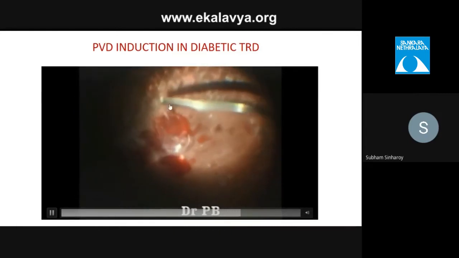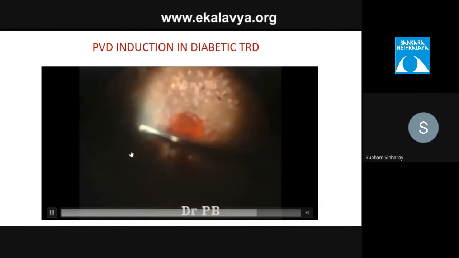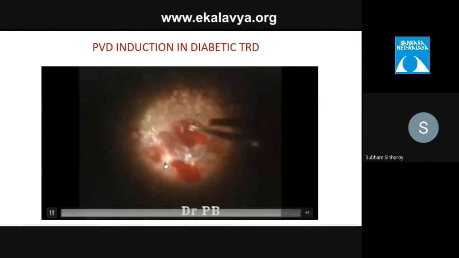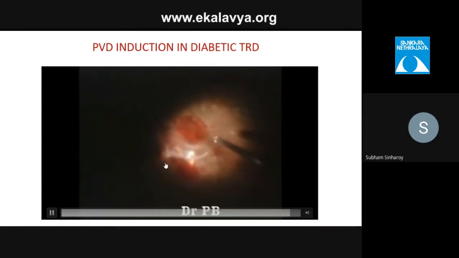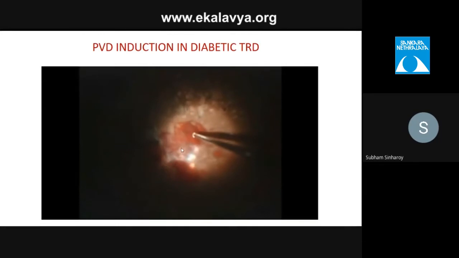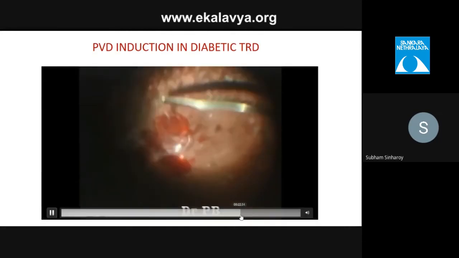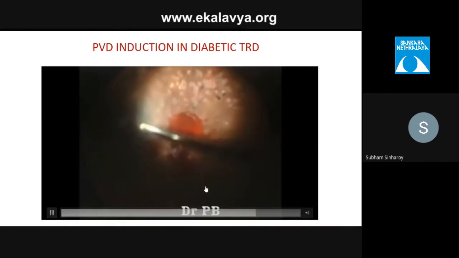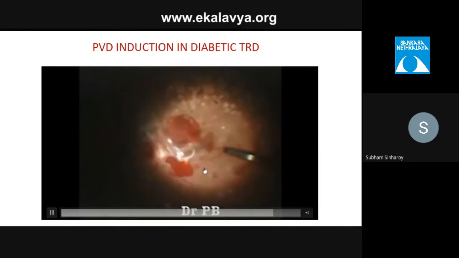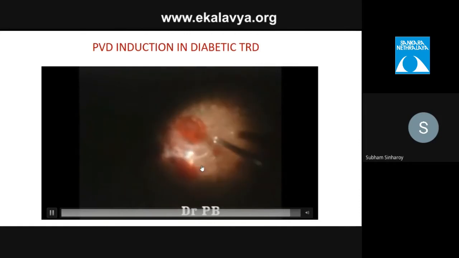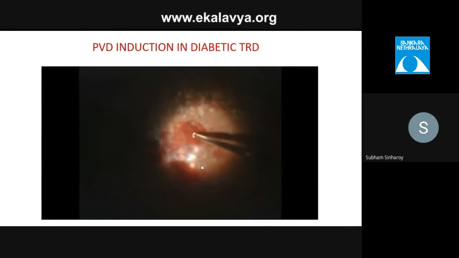The surgeon is trying to trim the peripheral attachments to lift, and now it is again with active aspiration. You can see that now the hyaloid is being lifted, and once you are assured that the hyaloid is lifted, the surgeon can proceed with the vitrectomy and complete the rest of the PVD induction.